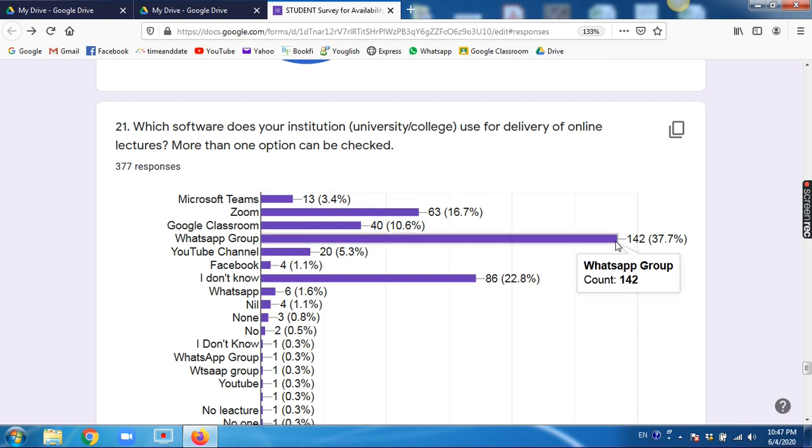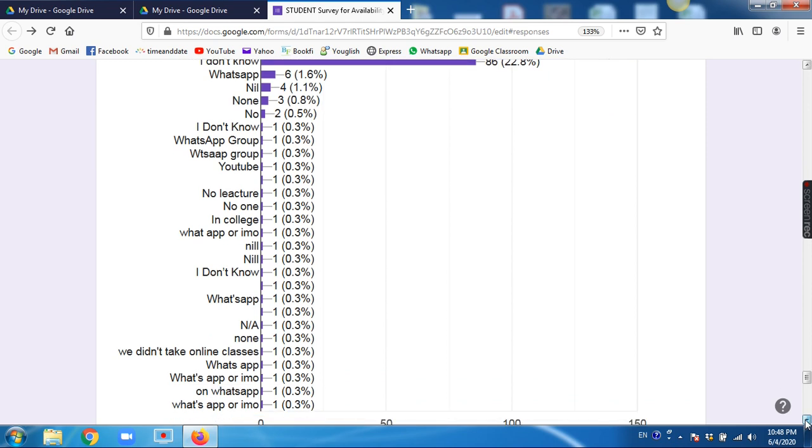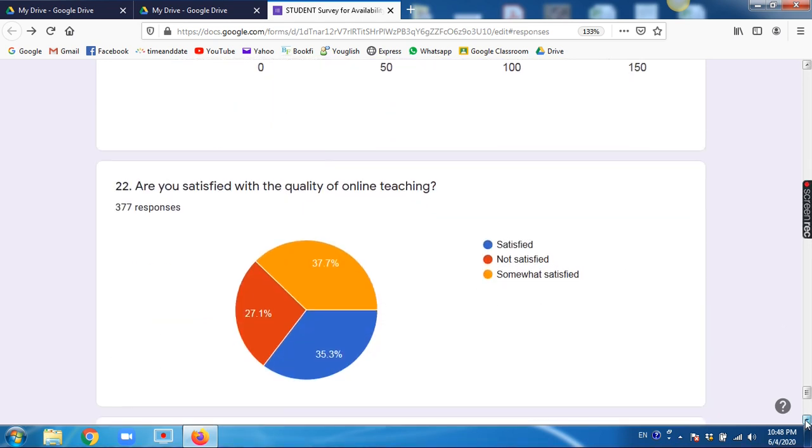Other teachers of GDC Avelia have been contacting their students on WhatsApp group. 22% students say I don't know, they don't know which software has been used. However, the majority of the students have been contacted through WhatsApp group. This gives us a trend, a clue that WhatsApp is the easiest way to contact them.